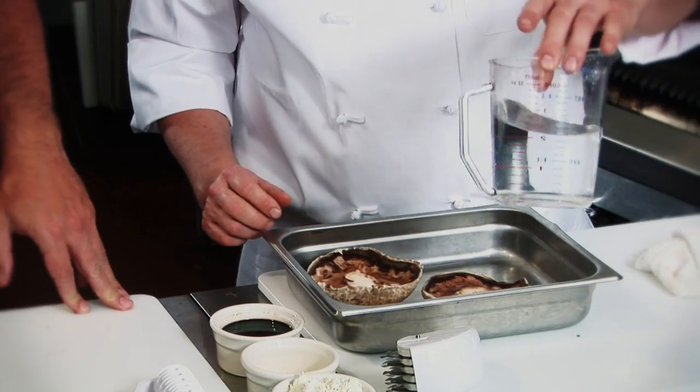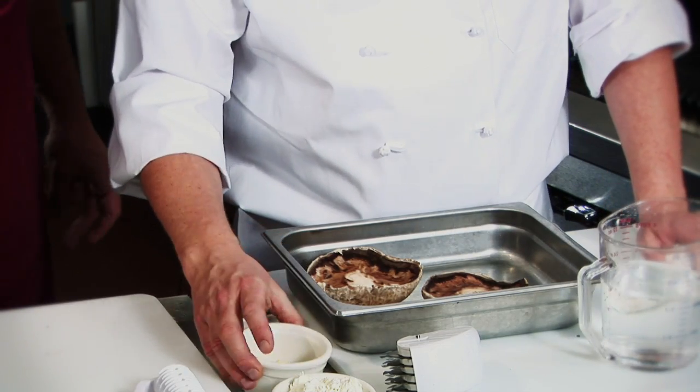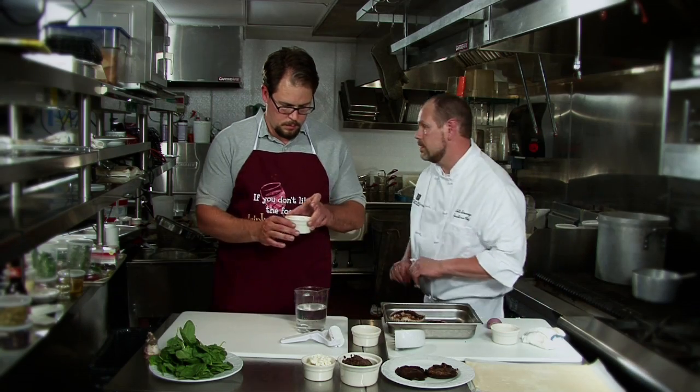Here we have just plain water, balsamic vinegar, garlic cloves. The feta cheese is going to be with the mushroom duxelle, and we also have a little bit of shallot. I'm going to go ahead and chop this shallot up. Trig, if you would please mix the balsamic and the water together while I get a knife and cut my...